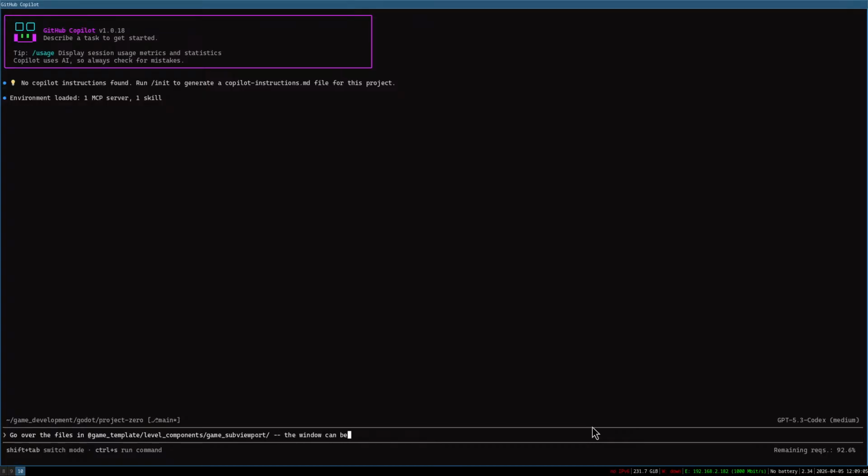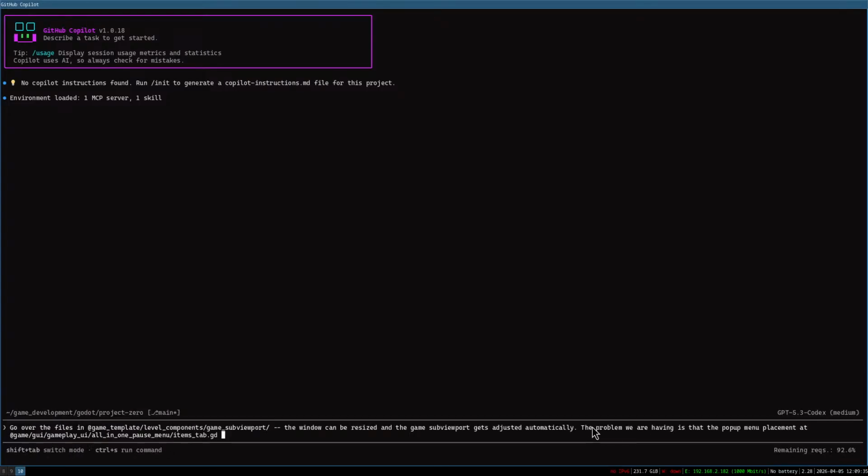The window can be resized and the game's viewport gets adjusted. The problem we are having is that the pop-up menu does not consider menu placement at items tab. Does not consider